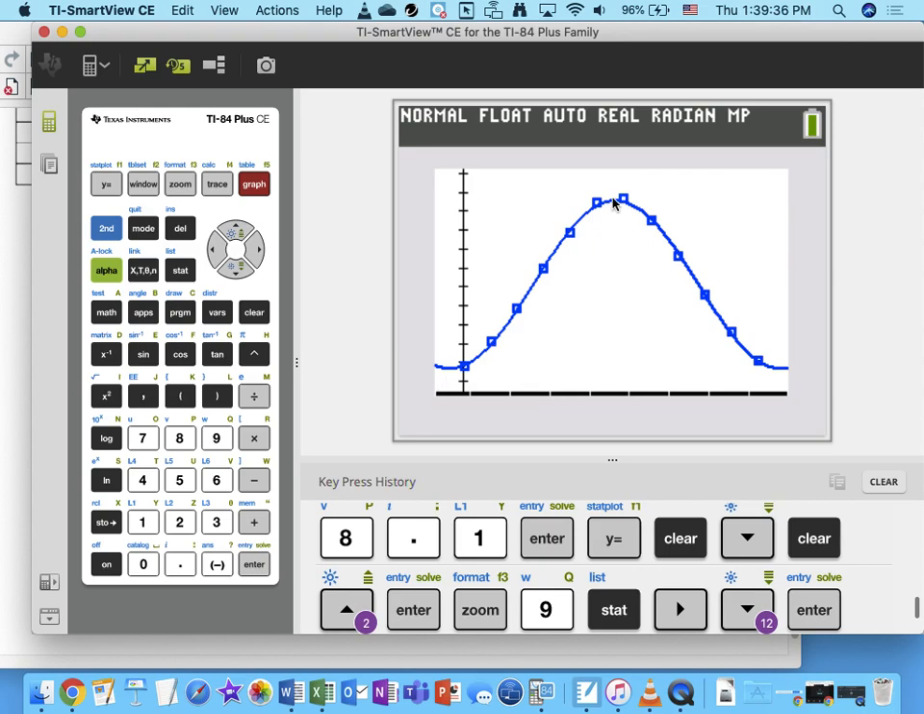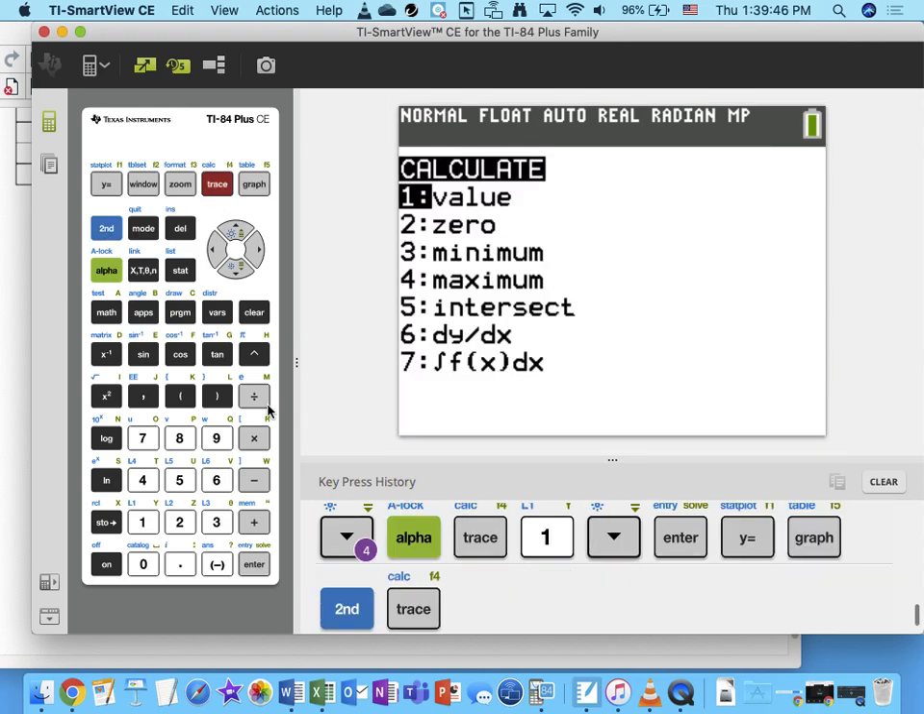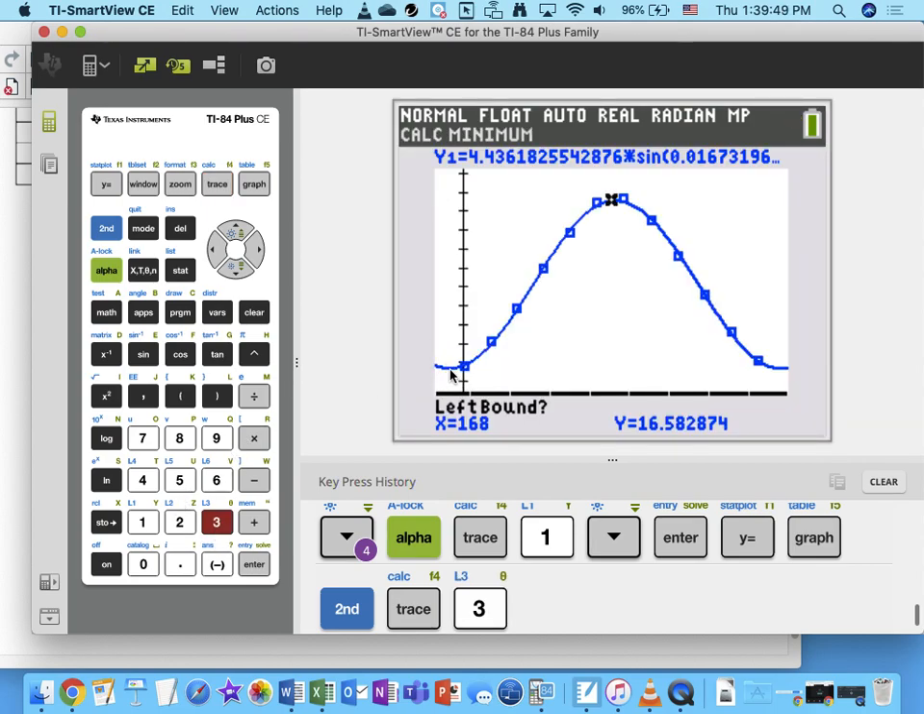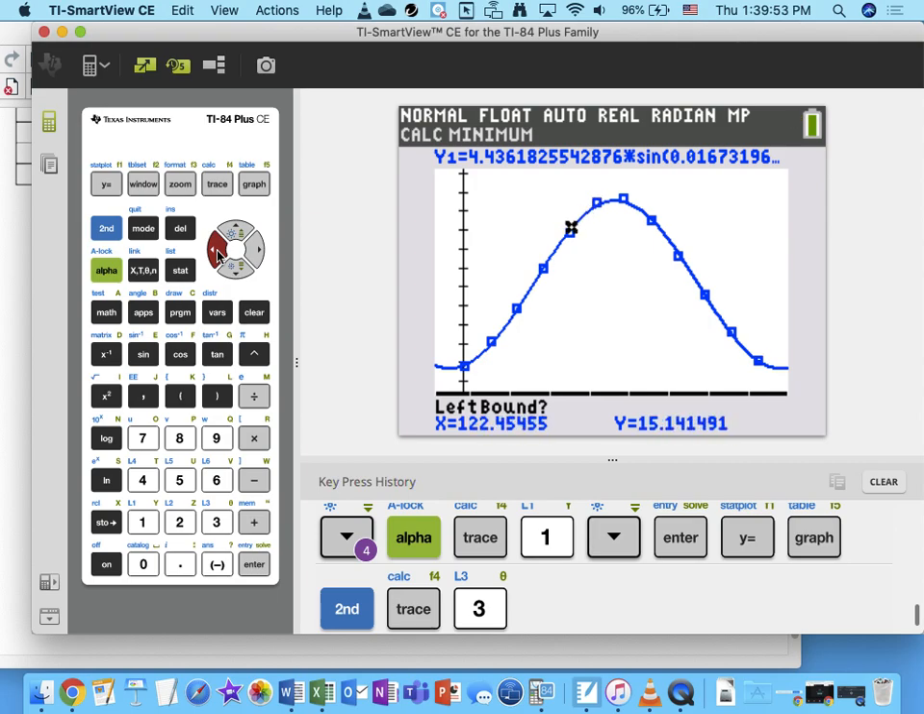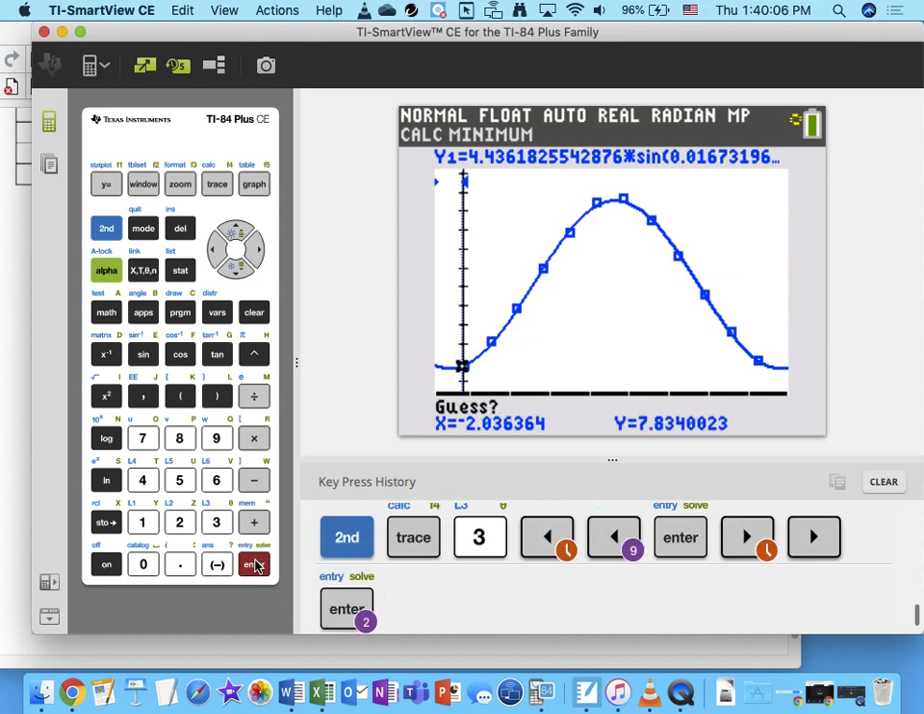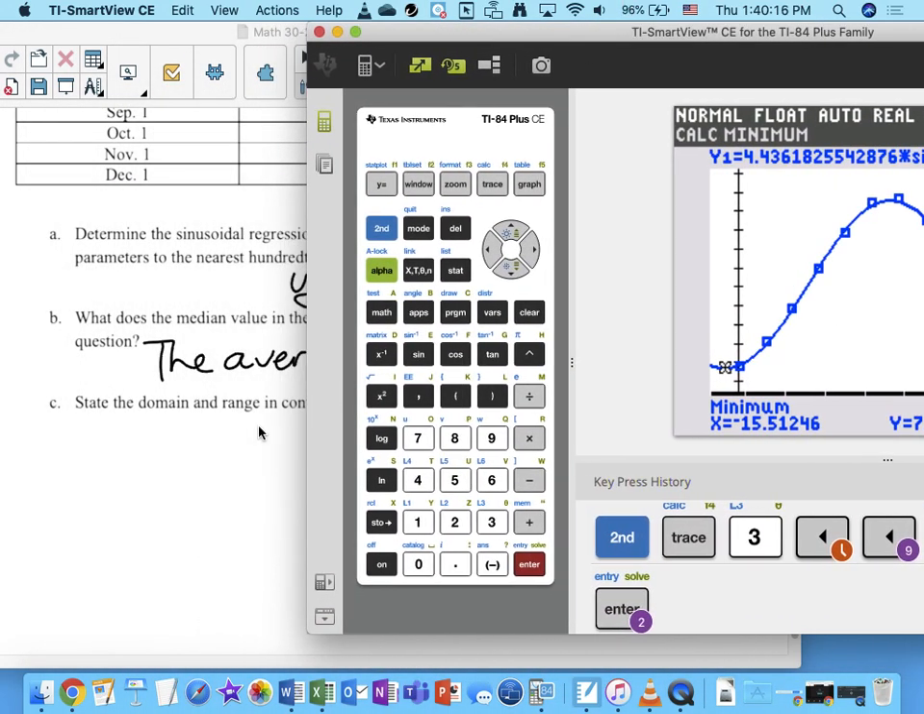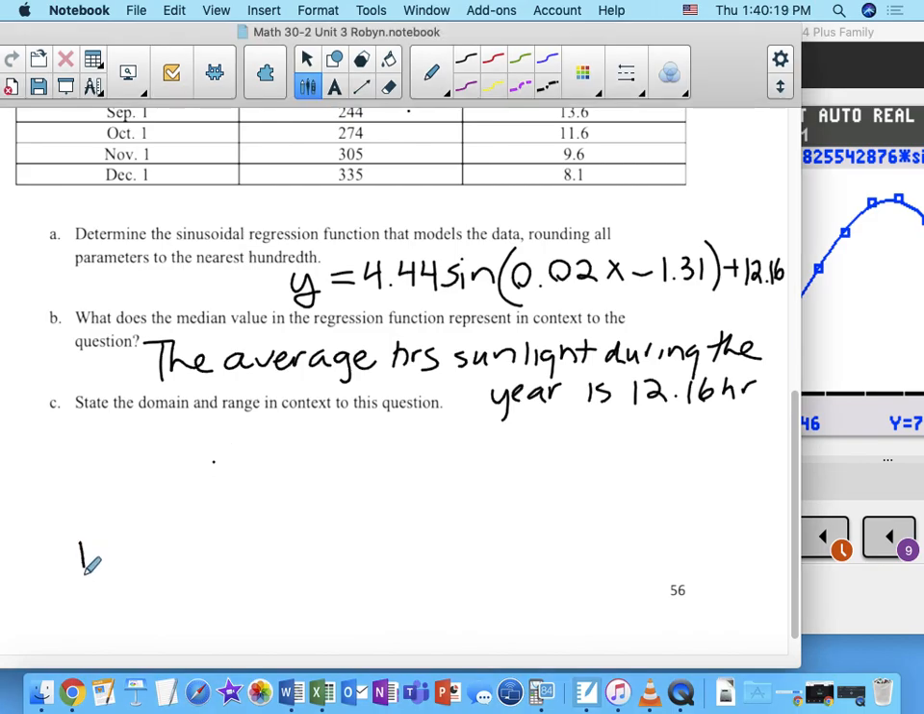So I'm going to go second, trace 3 for minimum, and it looks like I've got a minimum over here that I can use. If not, I'd have to extend my window settings a little bit, but I think this one will work because it curves up a little bit. There we go. Okay, so the minimum is at 7.72. That's the y value. So for my range, the minimum number of hours is 7.72. The maximum number of hours is up here,